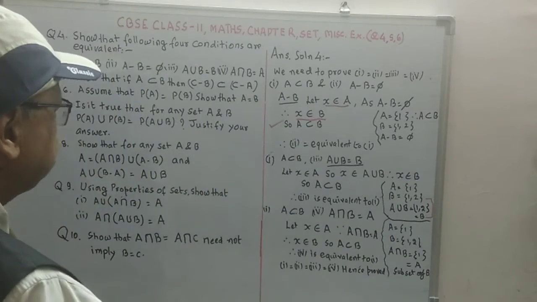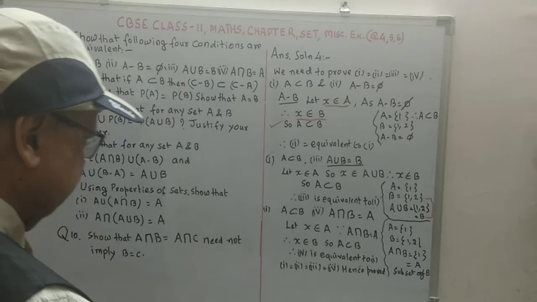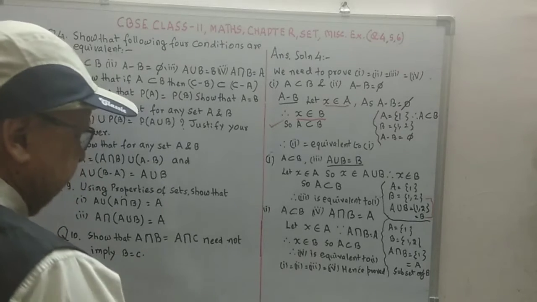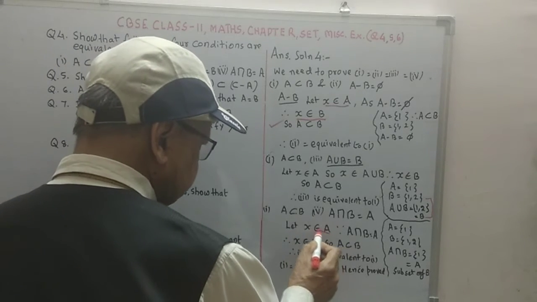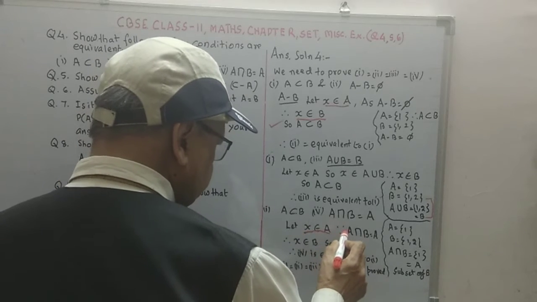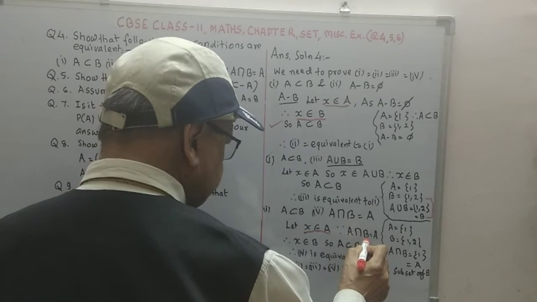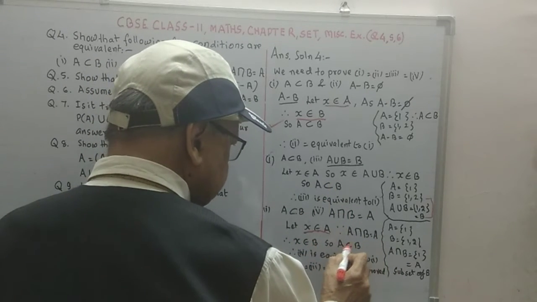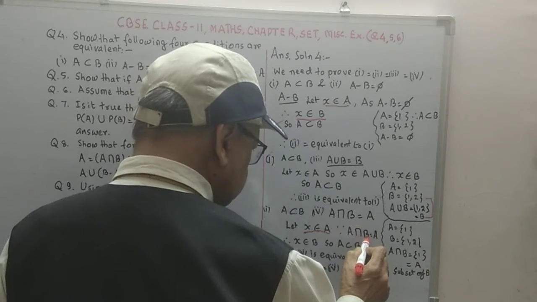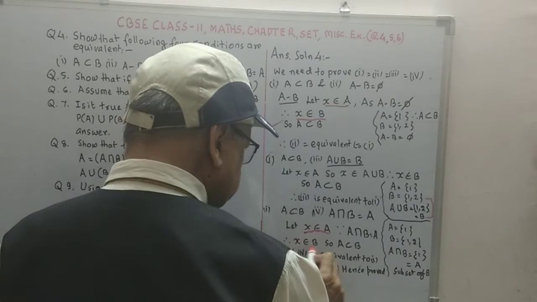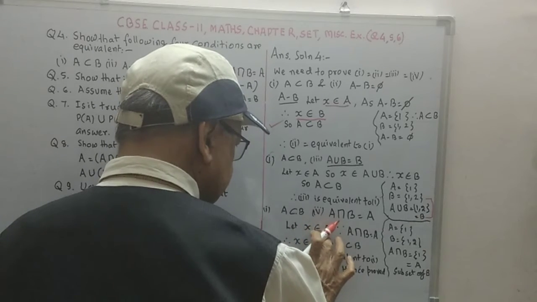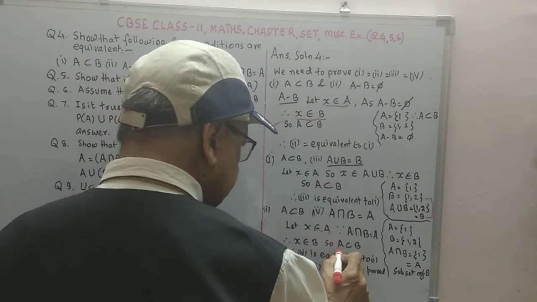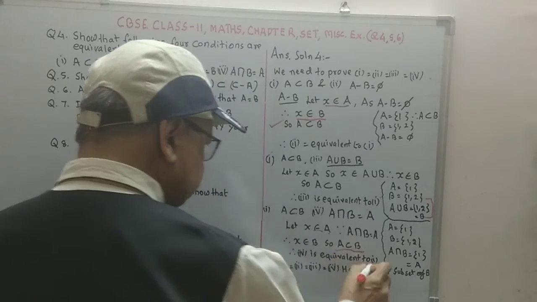Now going to number 4, A intersection B is A. Now we have to prove that in this also A is subset of B. Let X belongs to A, and since A intersection B is equal to A as given, X belongs to B, so X also belongs to A. So once X belongs to A is taken by us, then X belongs to B, because A intersection B is A, so A is subset of B. So fourth is equivalent to 1.